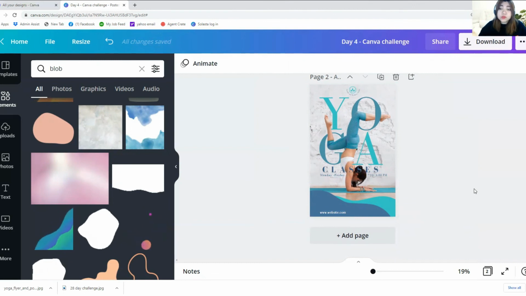You can add more details, but for me, if it's a simple poster, I'd rather put them more on the caption than on the poster itself, so that you give way to your design to breathe. Usually, what we do is put a lot of elements, a lot of shapes, a lot of text until it becomes crowded and it's not pleasing to the eyes of those who are viewing your post. So it could be as